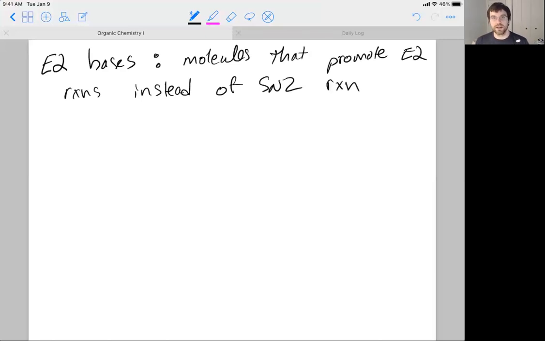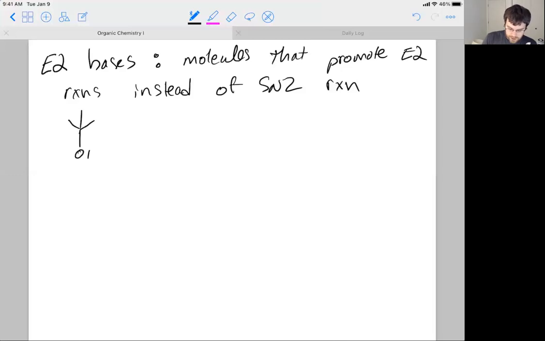a negative charge and we add it to our haloalkane to form a substitution product. I haven't been super clear yet, but what we're doing with the E2 reaction is that negatively charged thing is acting as a base instead of a nucleophile. Now, these are things with negative charges. So how do we make sure that our negatively charged thing is acting truly like a base and not a nucleophile? Well, we use special versions of negatively charged things. So the E2 bases are,